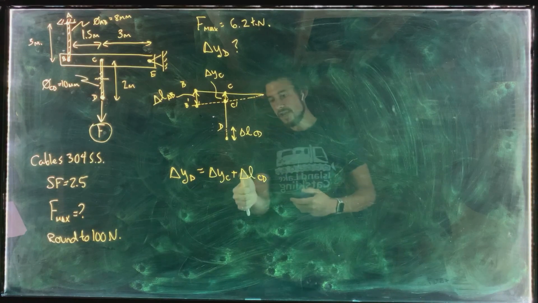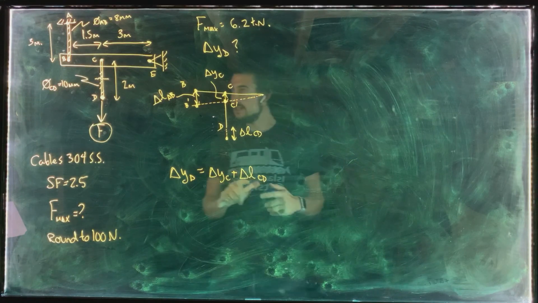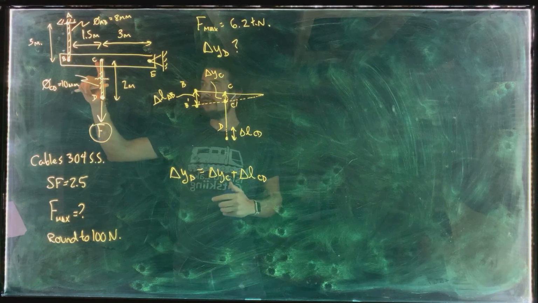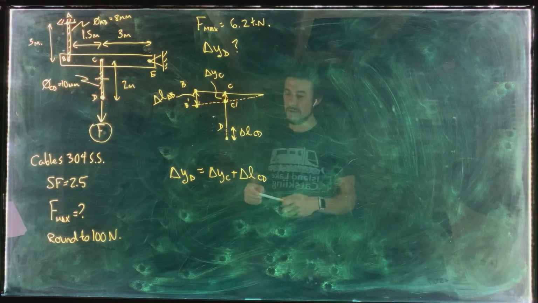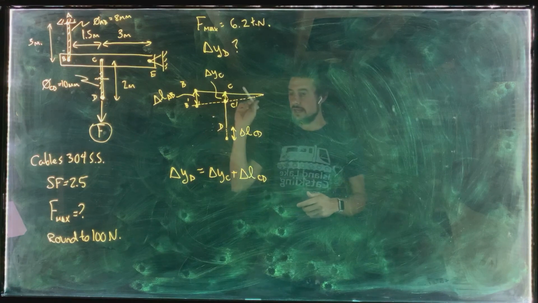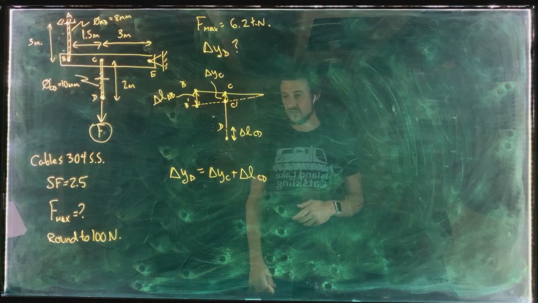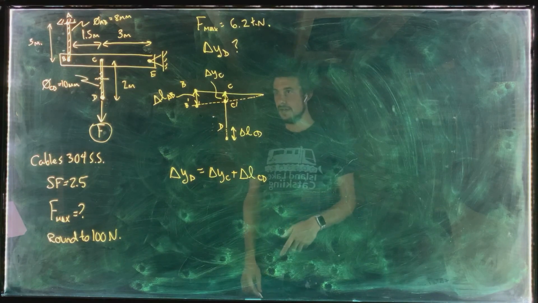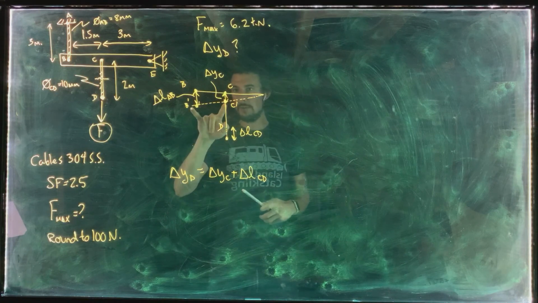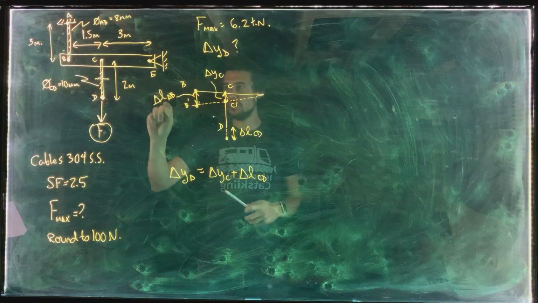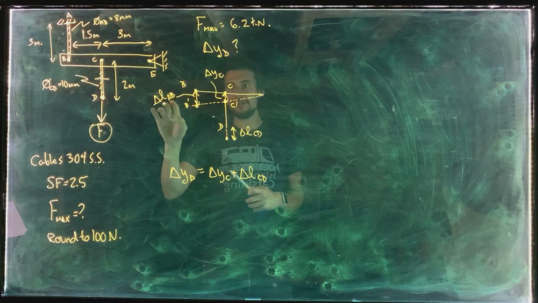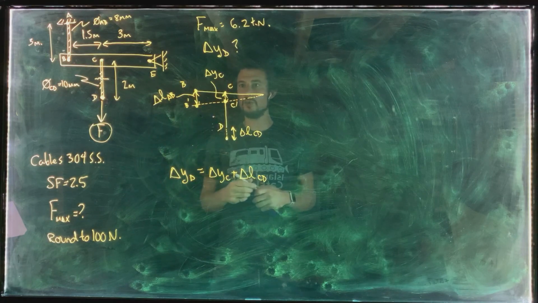Now, delta LCD, that's really easy to get because that's just the axial deformation equation applied to that cable. So simple. The change in position, delta YC, that's also pretty easy, right? Because we can relate that to the change in length, delta AB, because again, we've got a situation where we've